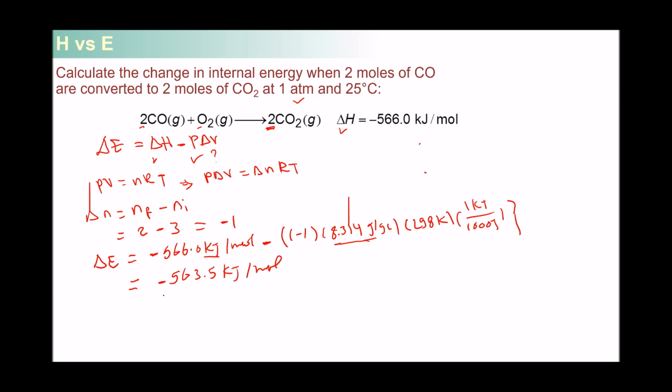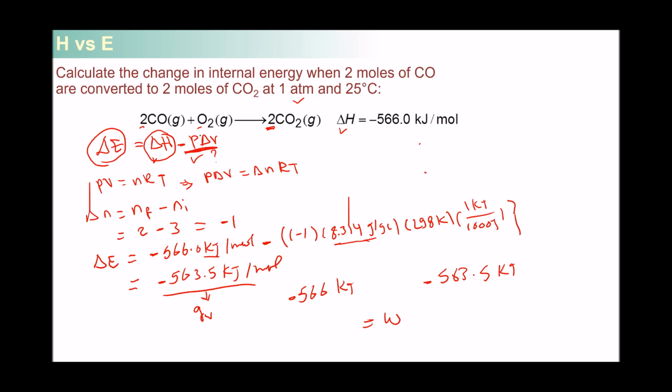This is the change in internal energy, and it's actually the same as the heat transfer that you would have obtained if you conducted the experiment under constant volume. And the difference between the two values, negative 566 kilojoules and negative 563.5 kilojoules, is actually equal to the expansion compression work. So the difference between the change in internal energy and the change in enthalpy for any reaction is the expansion compression